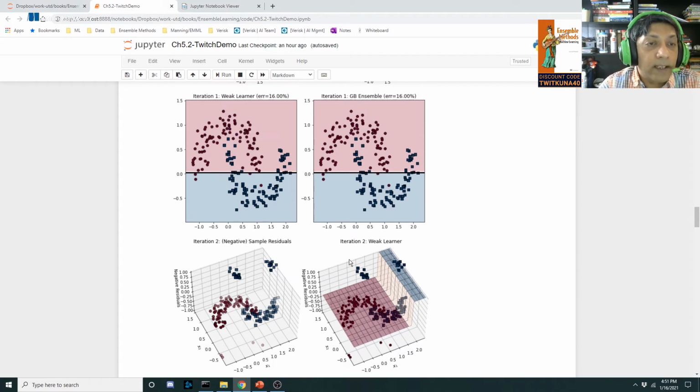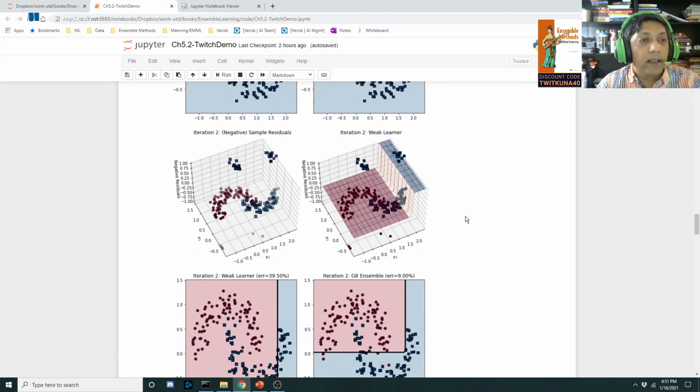So what we want to see is some kind of weak learner that either correctly classifies these examples or these couple of small red circles over here or these red circles over here. And in fact, given the residuals that we have at the moment, the weak learner that we train in the second iteration is going to fit and correctly classify